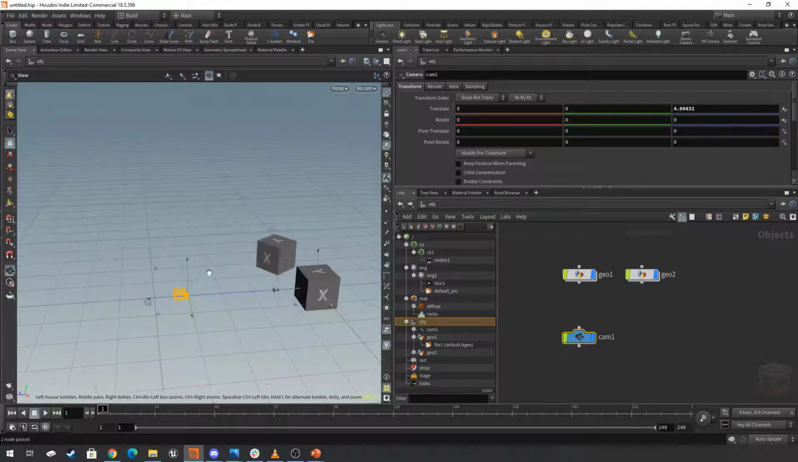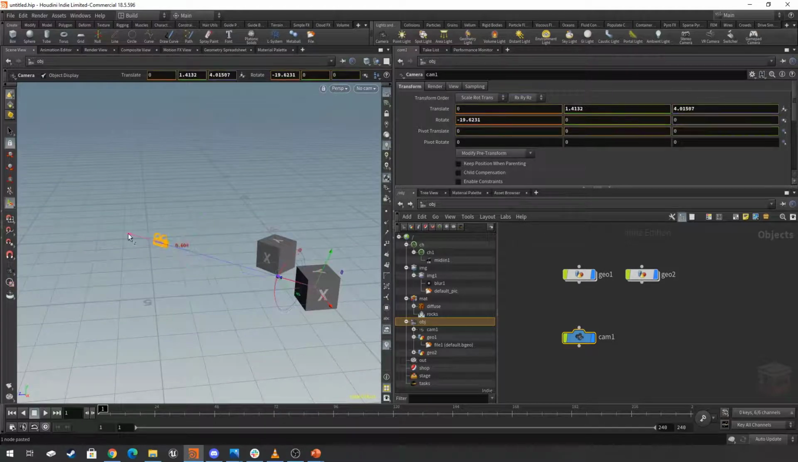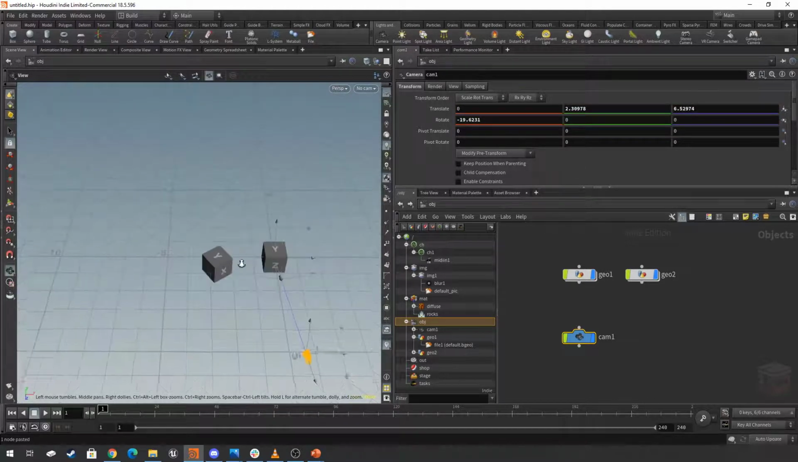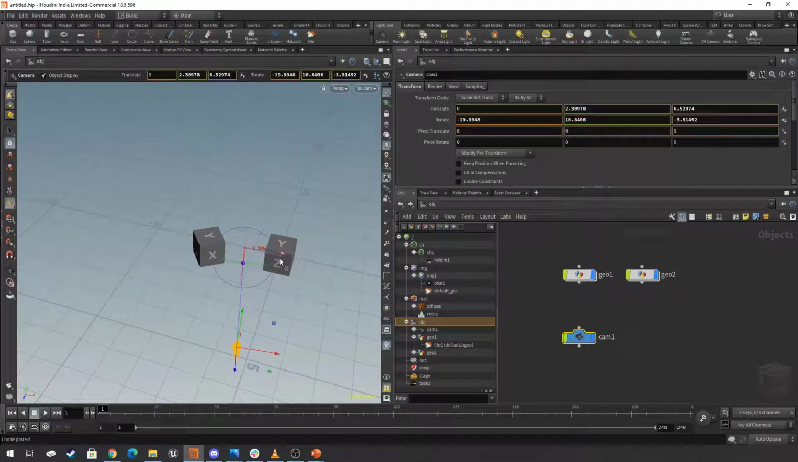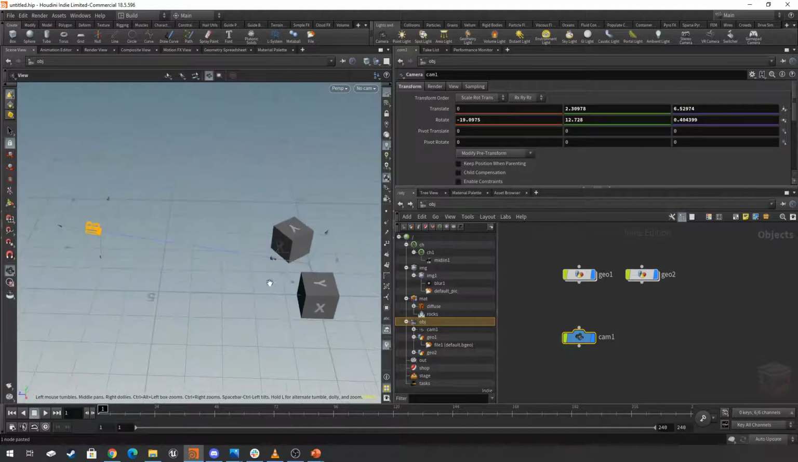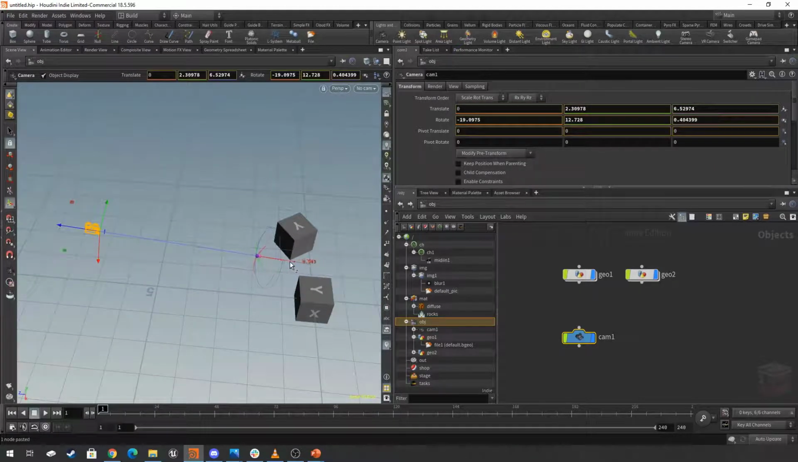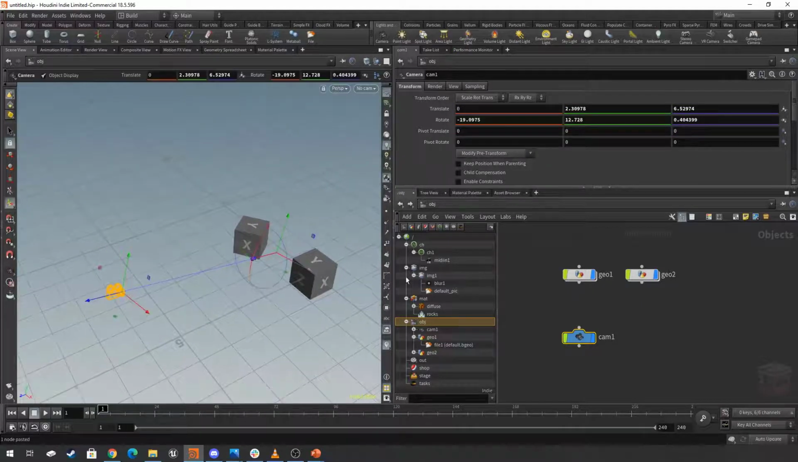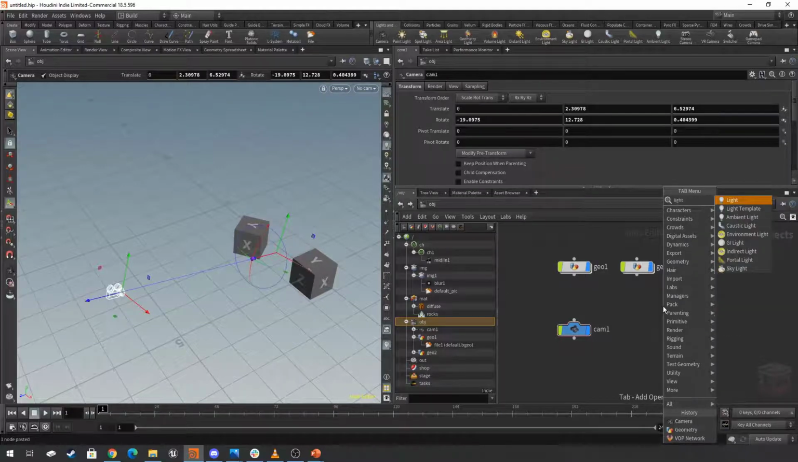So let's position this camera in a nice location where I think we could look at both boxes. We can also rotate it using this part of the handle. So you can see that the handles are quite intuitive depending on the object. And next, let's create a light. So if I press tab and I type light,